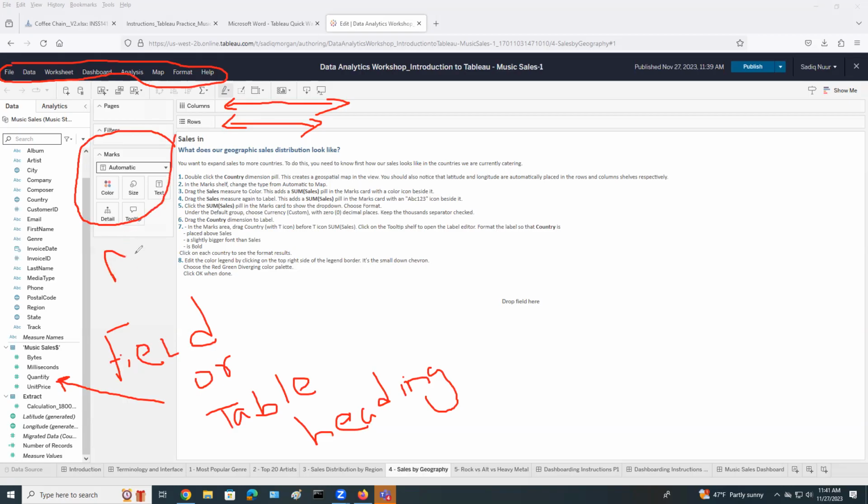These are your marks. Mark shelf. This is your mark shelf. We have to work in this work area. The work area is here. All right. So the next thing we have to do